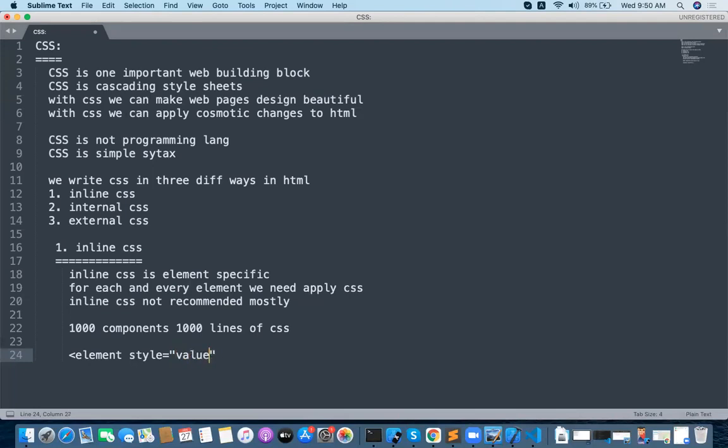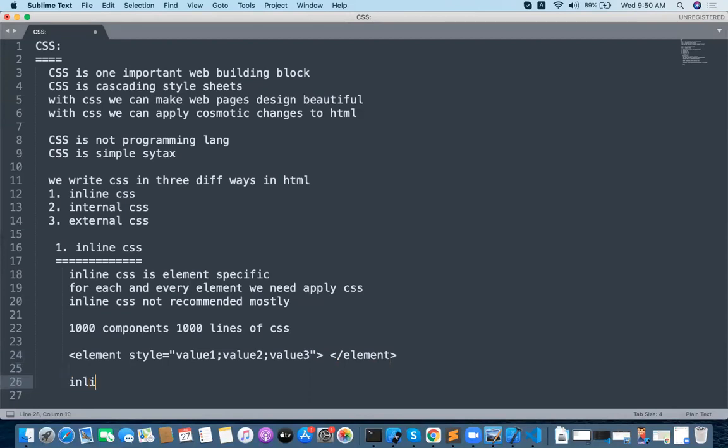Each and every value is separated with a semicolon: value one, value two, semicolon, value three, something like this. This is the way of writing inline CSS. It is available in the element open tag only, not in the close tag.